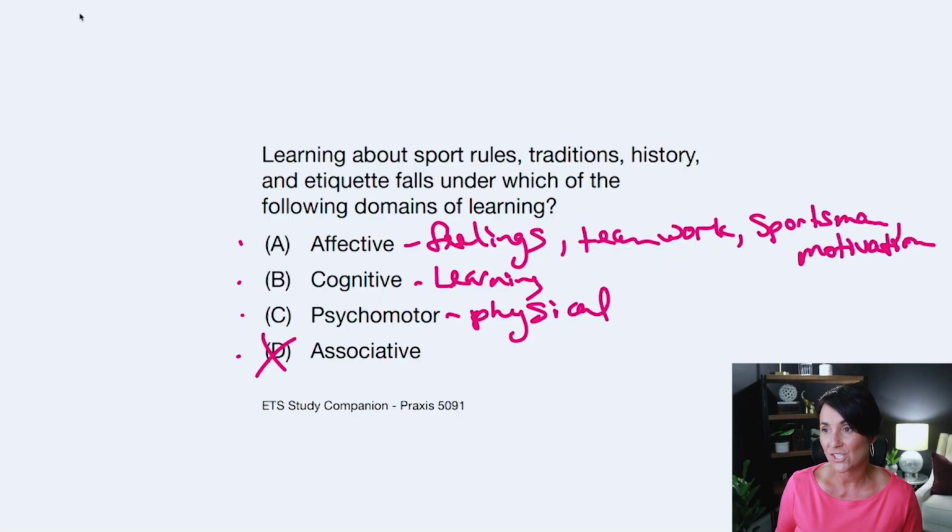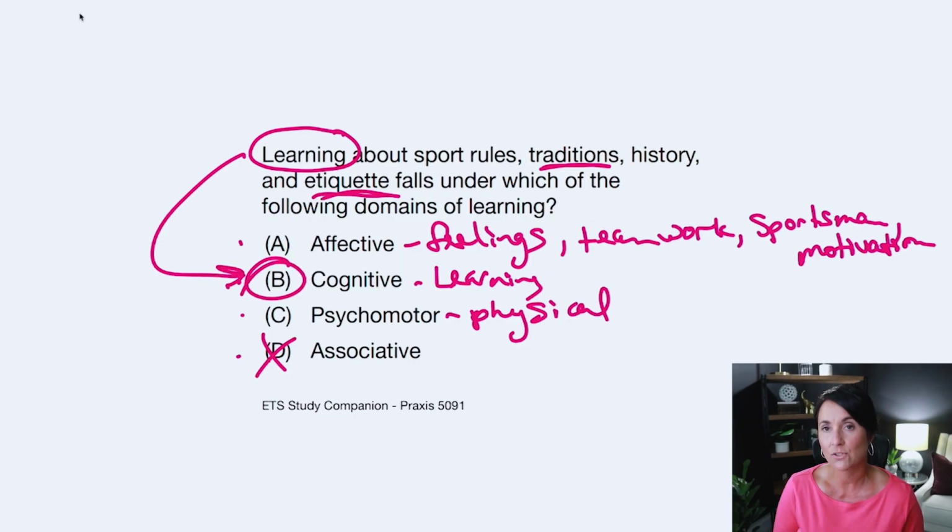So when you're jumping and you're moving your body, that's psychomotor, all right? Now, knowing that, let's take a look at the question. Learning about sport rules, traditions, history, and etiquette falls under which of the following domains of learning? Now, you may be tempted to choose A, affective, and I almost did that because it talks about etiquette and traditions, and that kind of goes with feelings and teamwork and stuff like that, but you're learning,